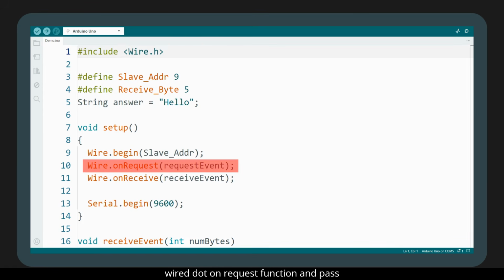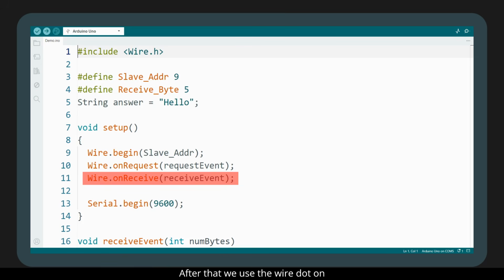Next, we use the wire.onRequest function and pass the name of our function, requestEvent, as a parameter. This tells the Arduino that whenever the master requests data using wire.requestFrom, the requestEvent function will be called automatically. After that, we use the wire.onReceive function and pass the name of our function, receiveEvent, as a parameter. This tells the Arduino that whenever the master sends data to the slave using the wire.write function, the receiveEvent function